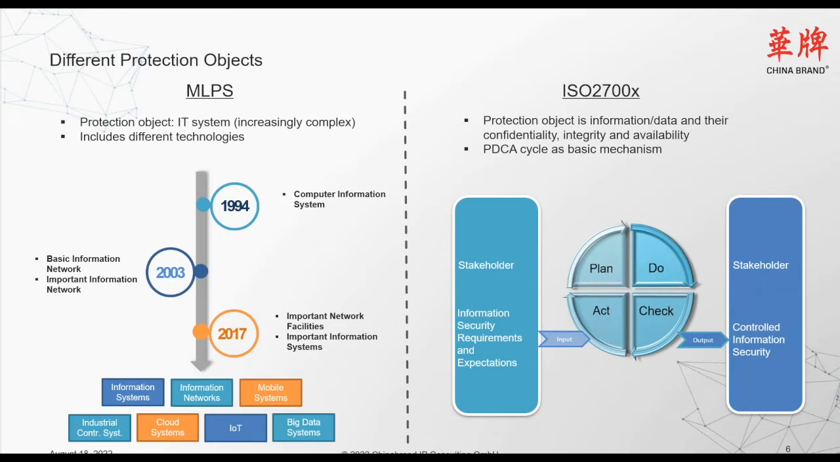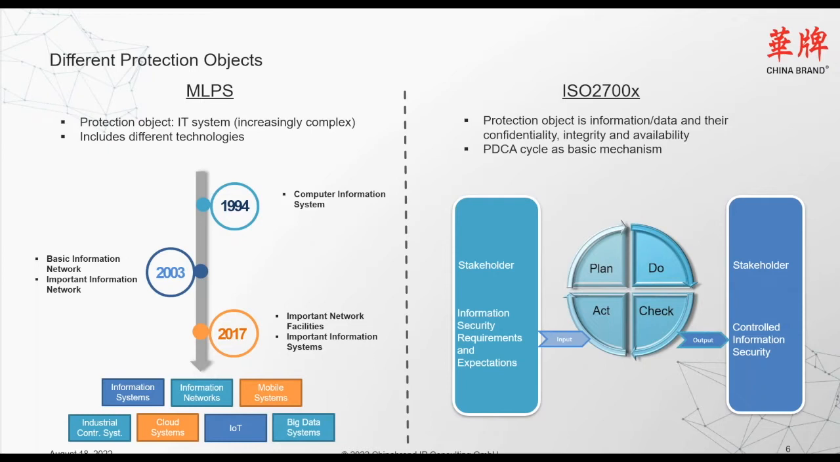What does it include? It mainly includes general information systems, information networks, but also mobile system, industrial control system, cloud systems, IoT, and big data systems. So the focus is very much on one IT system. For the ISO